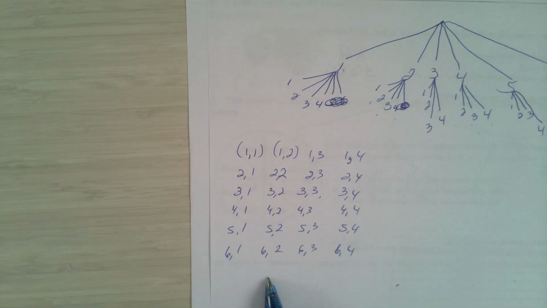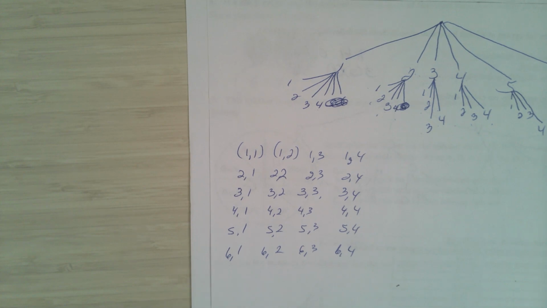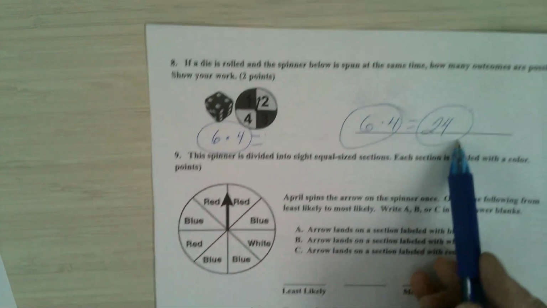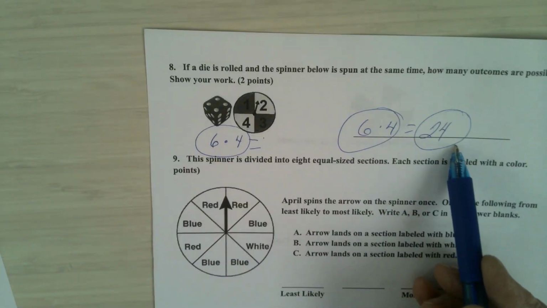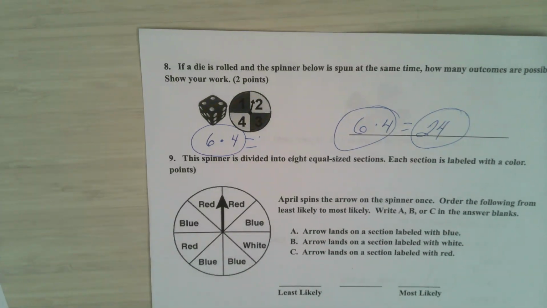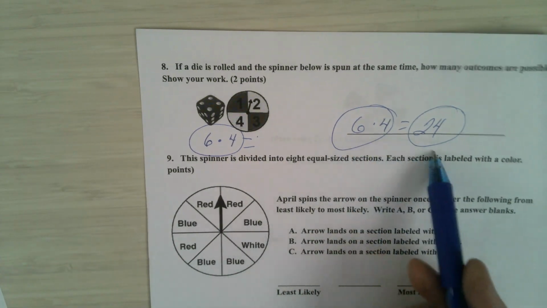Do you see the difference? You won't have open notes on your test. For those of you that are doing the quiz, you are allowed to use your notes or your books on the quiz. Okay, any questions on how we got the 24? Very good. I like the fundamental counting principle the best. It's the easiest, 6 times 4.